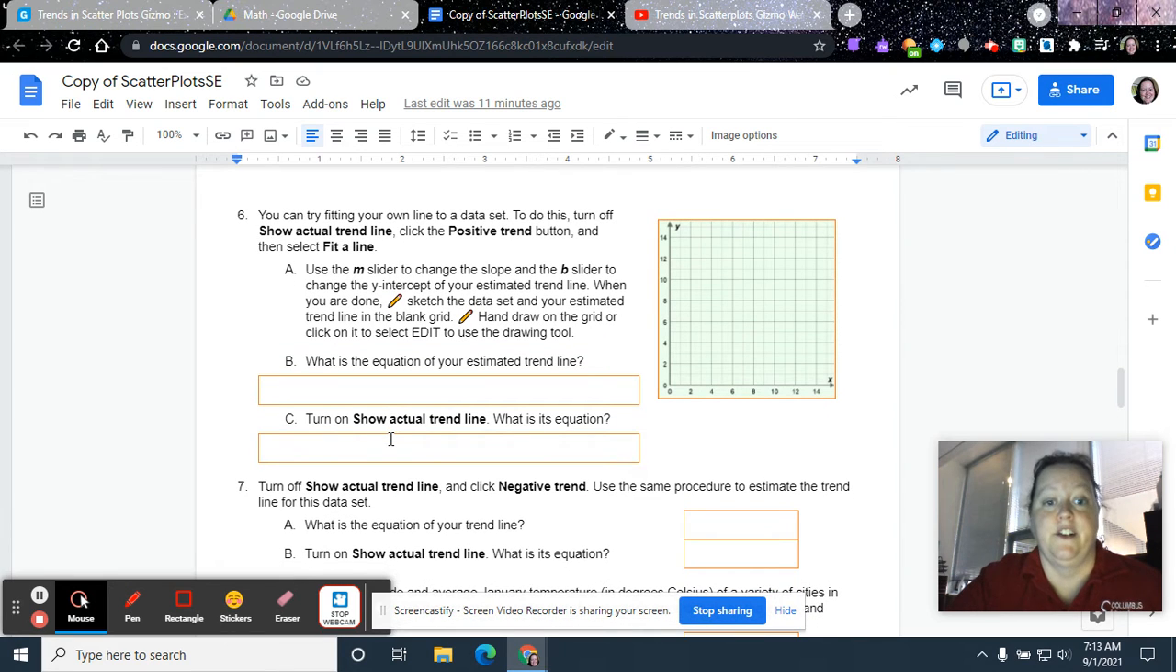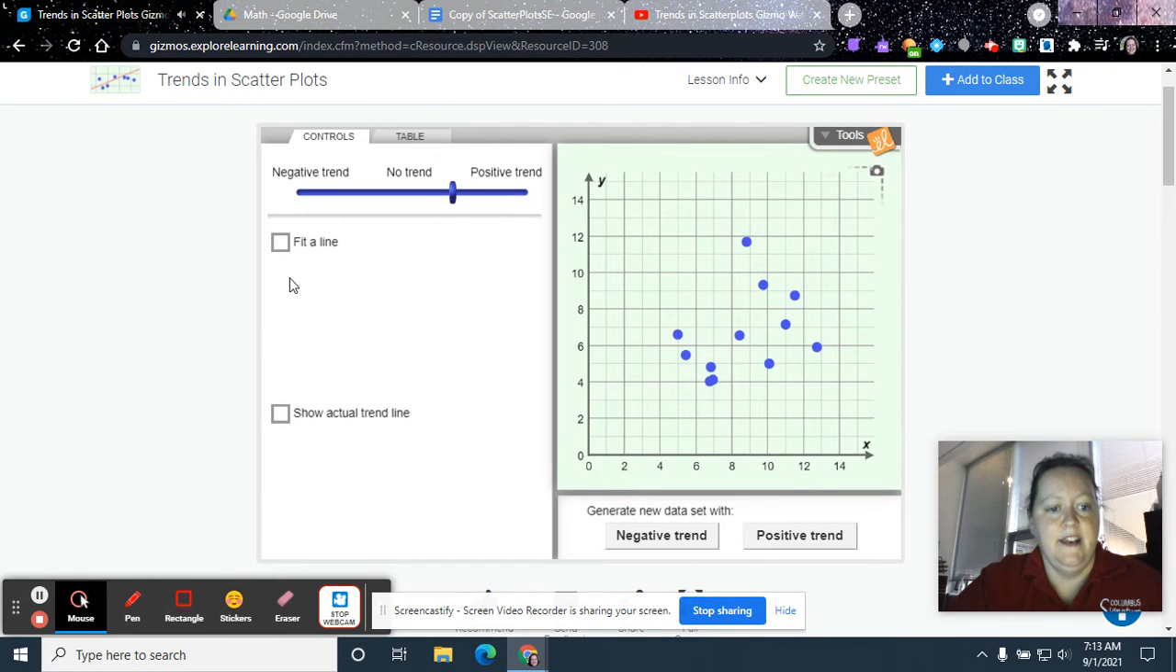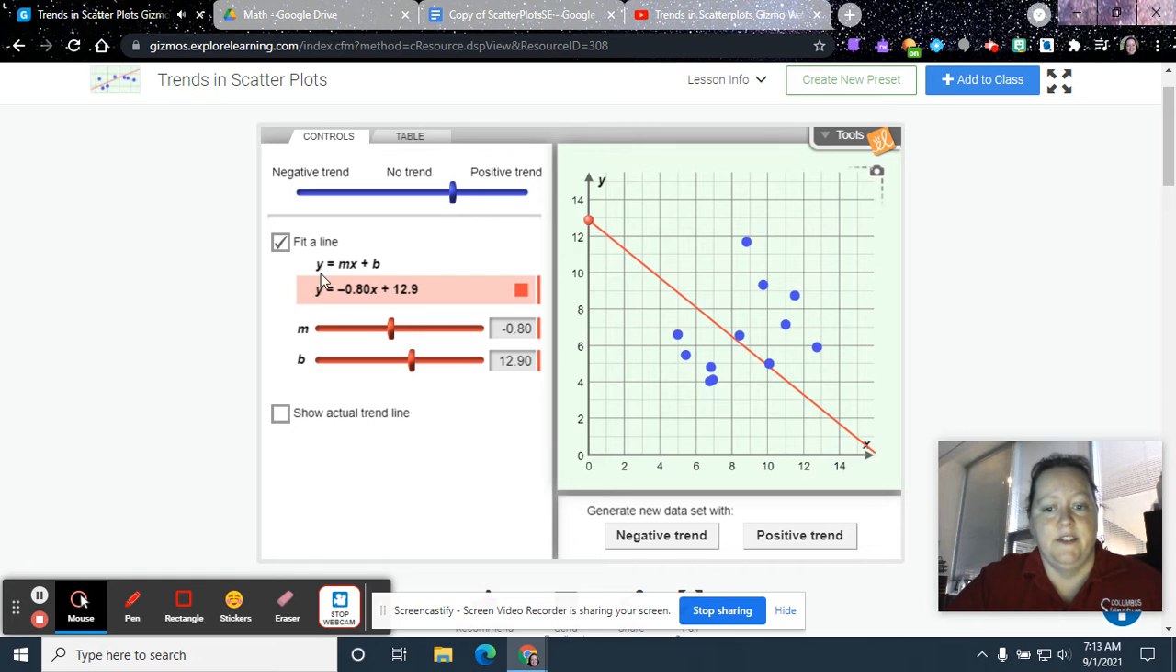Next, you can try to fit your own line. And so to do this, you want to turn off the show the actual line and click on fit a line. And so when you click on this fit a line, what you'll notice here, let me make it a little more like a better trend line. I know that these are going up, and so I know that I need my slope to be positive. And I need my B to come way down because that's going to be your y-intercept where it crosses the y-axis. And so you're going to try to fit this line